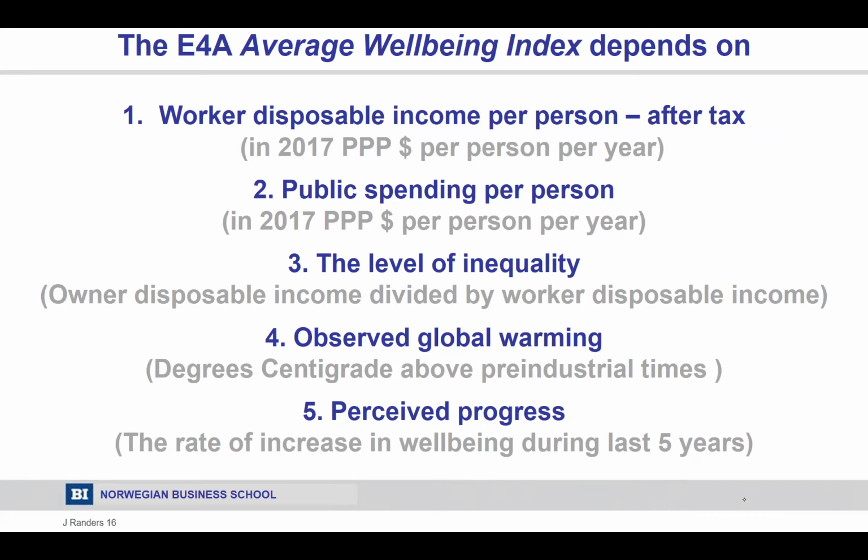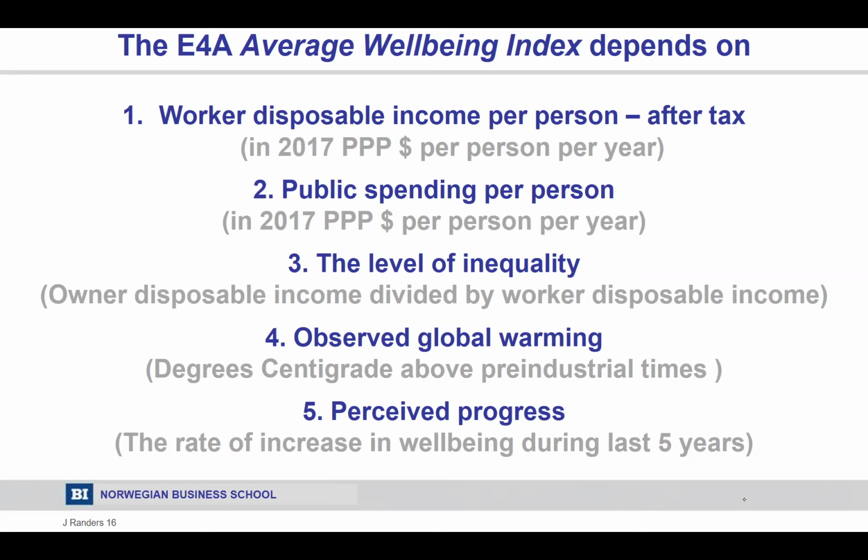The fourth is environmental quality. And here we use observed global warming as the indicator. We could have added many others, but for simplicity and also because our ability to forecast climate is much higher than our ability to forecast some of the other environmental damages, we use the observed global warming in degrees centigrade